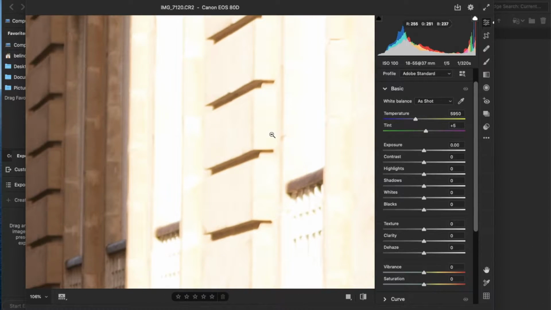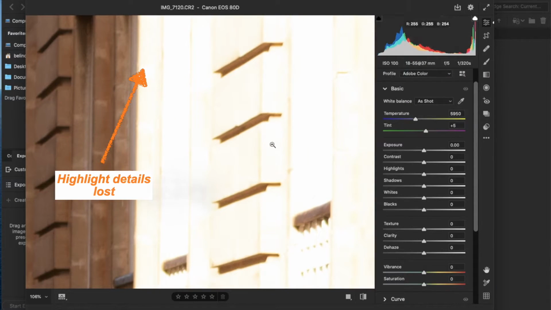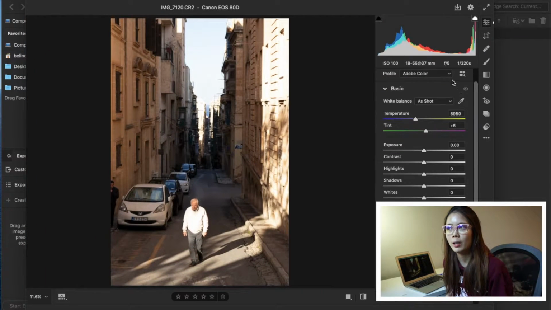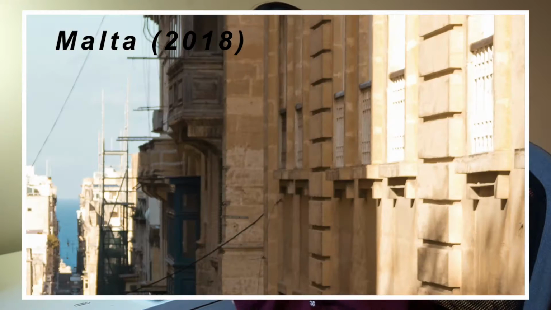As I toggle between Adobe Color and Adobe Standard, you can see that there's a surprising difference between how the highlights are performing. In the standard color profile, I retain more details in the highlights, which I could later work on. This might be a rather extreme example because the highlights are so strong and on the brink of blowing out, but this is generally a good practice because it allows you to make the most out of